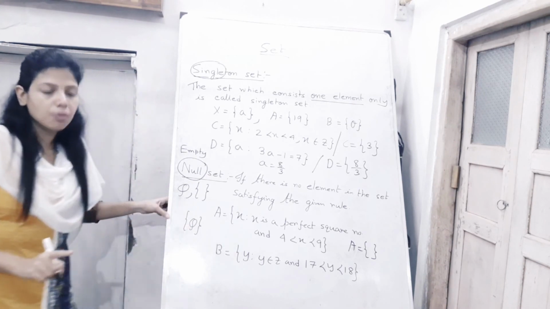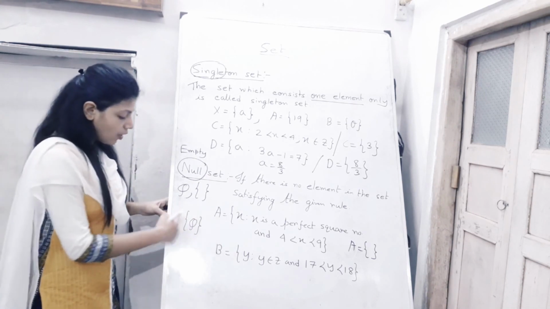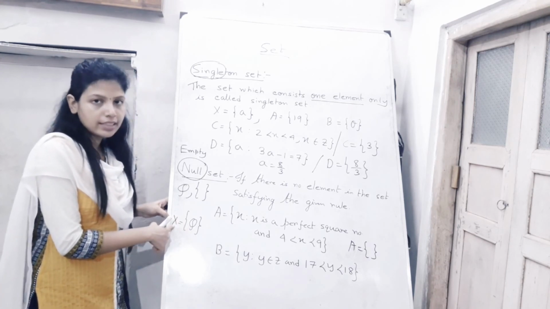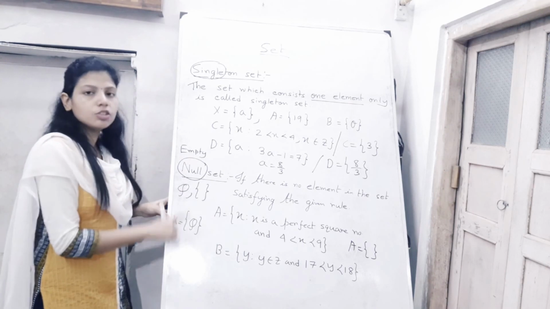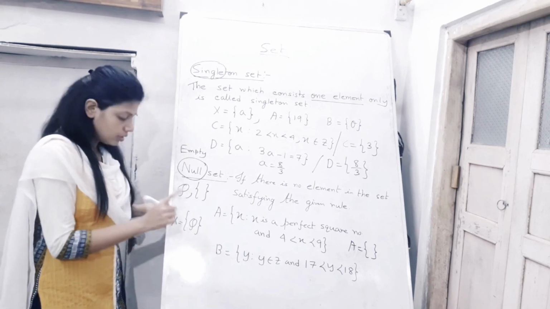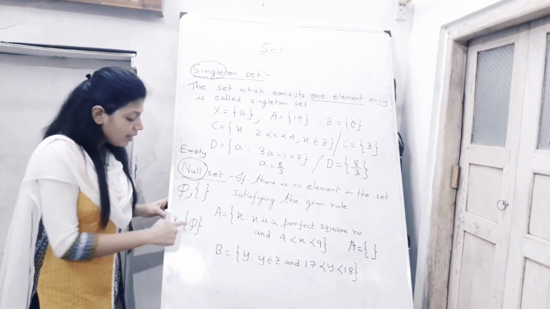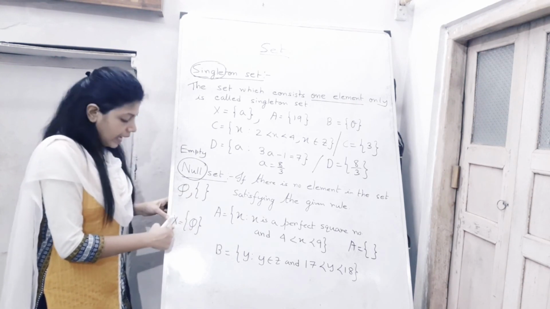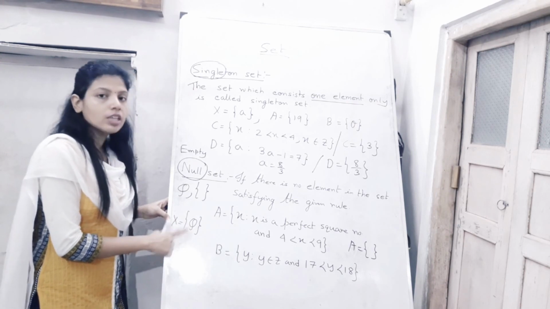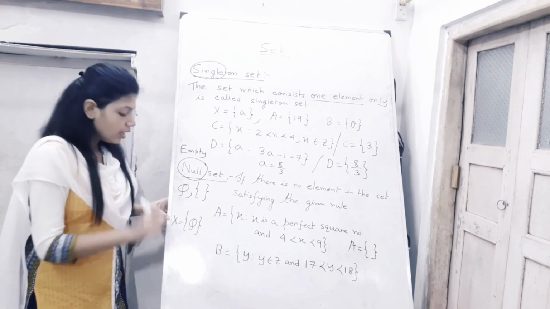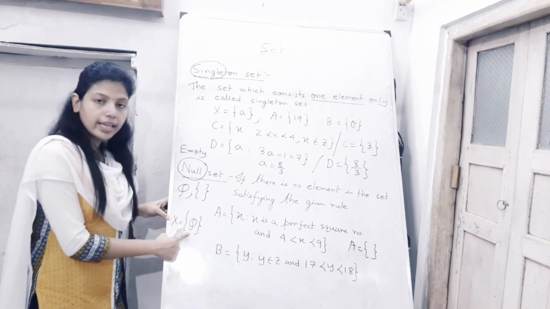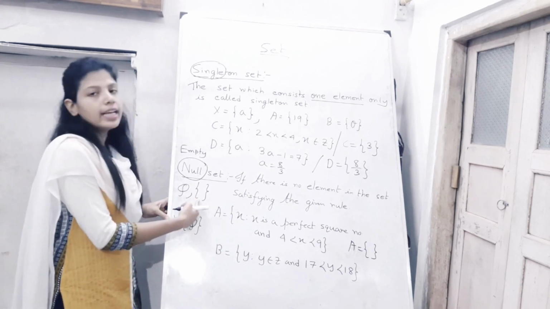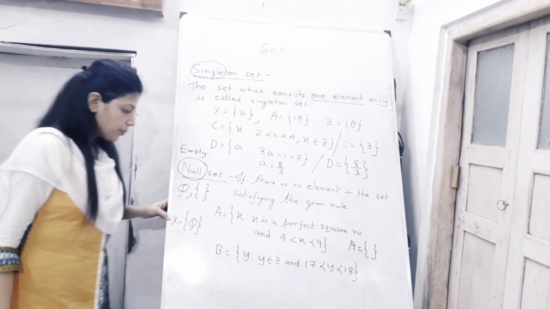I am repeating once more. If I write this one, suppose X equals this, X is not a null set here. X is a singleton set, just one element is there, whose element is the null set. Don't mix up with that. X is not a null set because X is a singleton set. It has one element, phi, here. Phi is the null set, and this one also is a notation of the empty set.